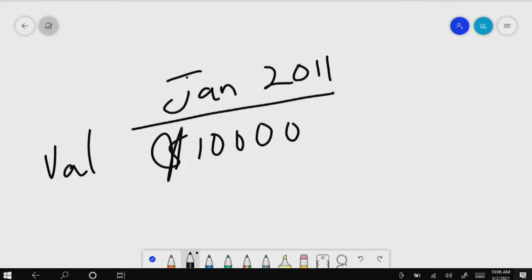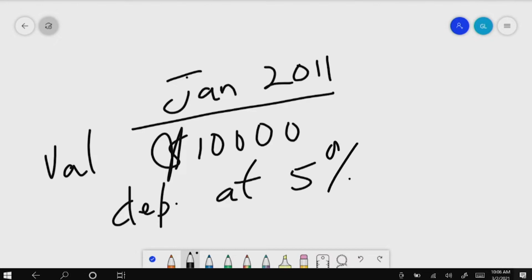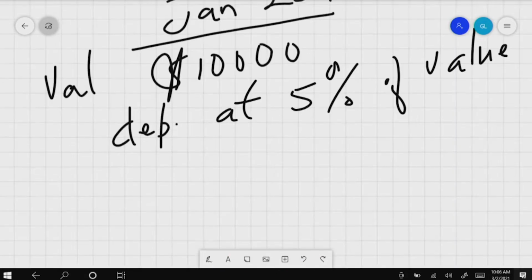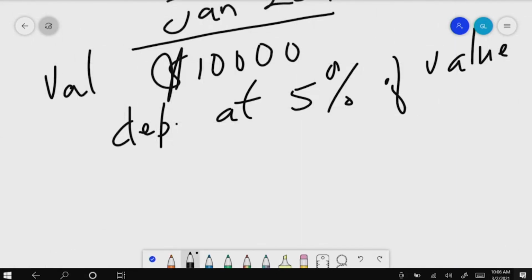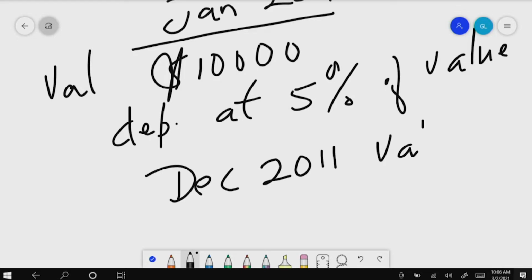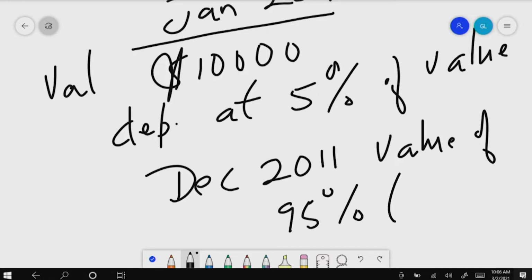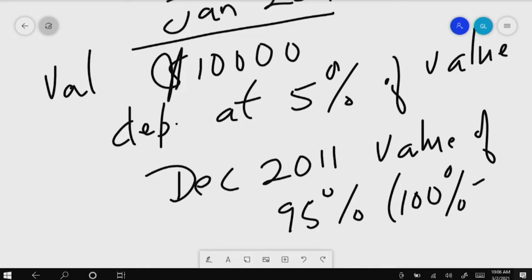$10,000. But they tell us that within the year, this car loses value. So this car depreciates at 5% of value. Hence, this car would have been worth what at the end of the year. So at the end of the year, December 2011, this car would have had a value of 95%. That is, the value at the starting of the year minus the depreciated value